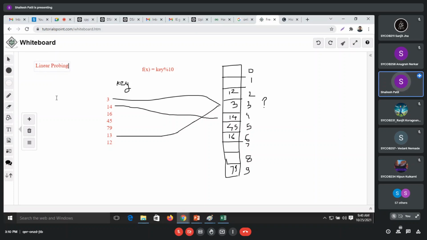In probing there are two approaches, one is linear and the second is quadratic probing. Today initially we'll do it with linear probing. Once we find a collision has occurred, we'll just find the next empty space in this array and put the element into that location. So 13 will check over here, this is not empty, collision, again collision, again collision. We'll find the empty place and place that element into the next empty position. Getting how we are placing this element into the same array?